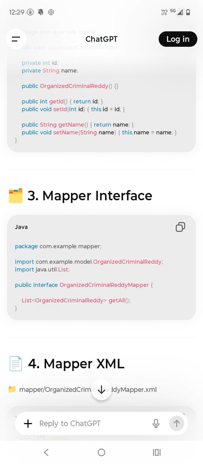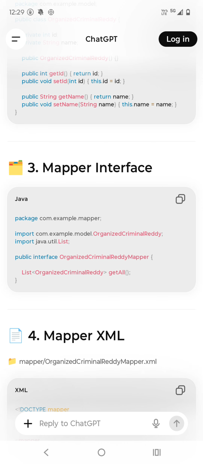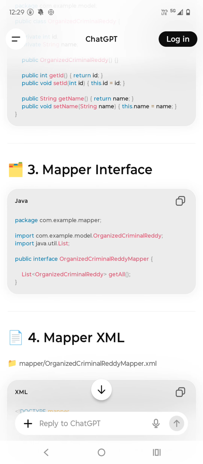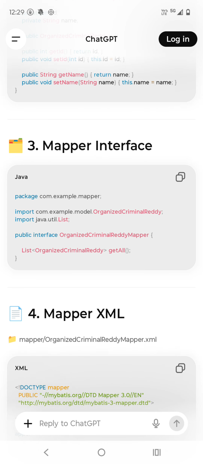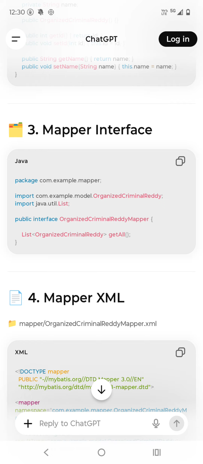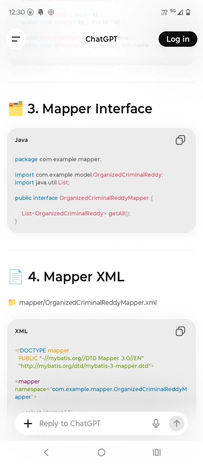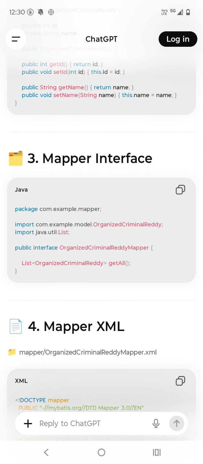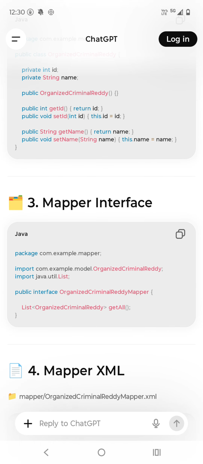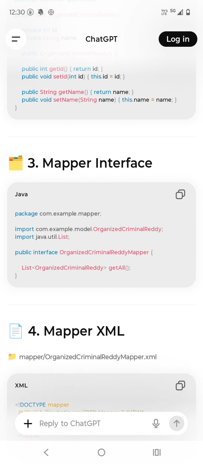And I told you, whenever we are going to use MyBatis, you need to create a mapper interface. So the interface name is OrganizerCriminalReddyMapper. It is returning a list of all the OrganizerCriminalReddy, the model type, getAll method. Okay, and we have a mapper interface for a particular POJO, OrganizerCriminalReddy, which is having id and name,